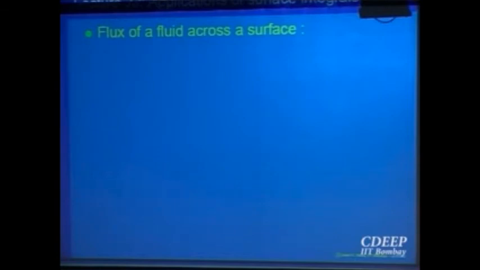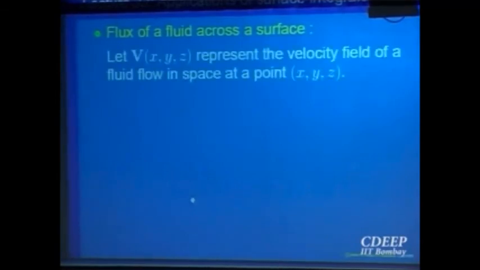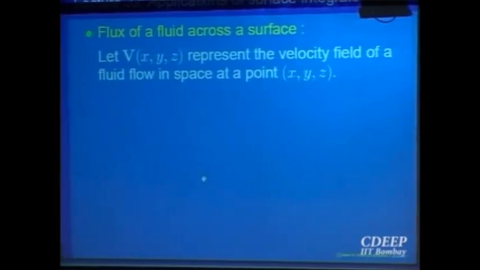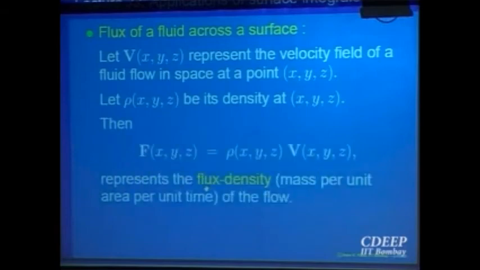We will take a small piece of that surface and see how much fluid is flowing across it, and then try to sum it up. Okay? So let us look at V, the velocity vector for that fluid. At a point (x, y, z), V is the velocity of the fluid flow, and rho is the density. In the plane, we have done a similar thing. So rho times V, what does that give me? Right, that is the flux of the fluid moving across. So this is also called the flux density. Physicists call it the flux density, and we want to compute the flux across the surface.